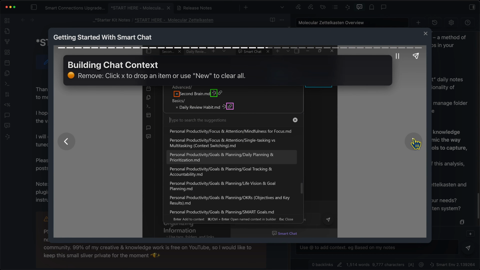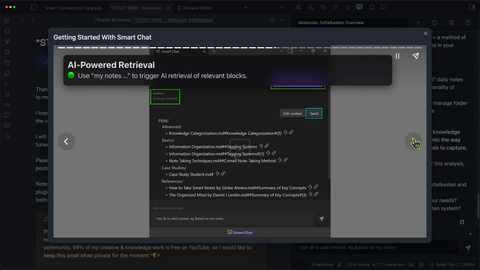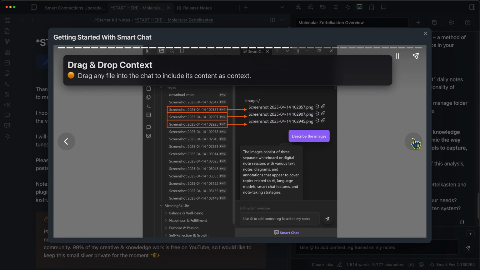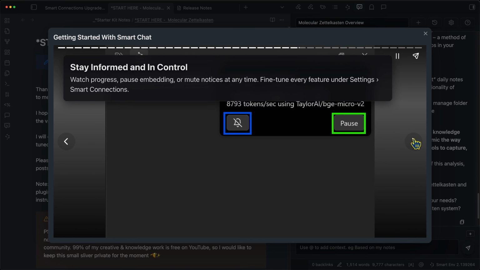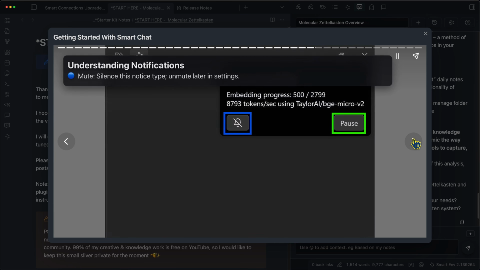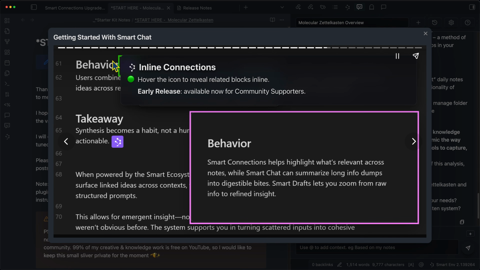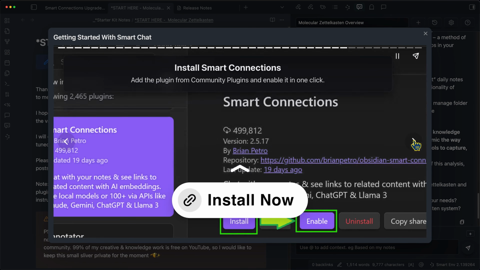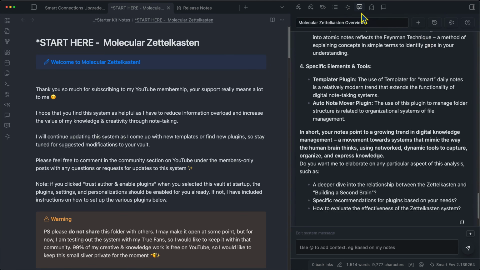And there's just a lot of addition to the context that you can improve the AI-powered retrieval that you have. So I recommend going through this slideshow more in depth if you want to learn specifically how you can do everything here, because there's a lot of features in Smart Connections and now Smart Chat that really enhance your ability to use Obsidian. And in the future, there's going to be something called inline connections, where you're able to find connections not for the entire note like we saw on the side there, but also for specific paragraphs. So that's going to be a pretty cool feature, and I'm excited to get into that more once it's released